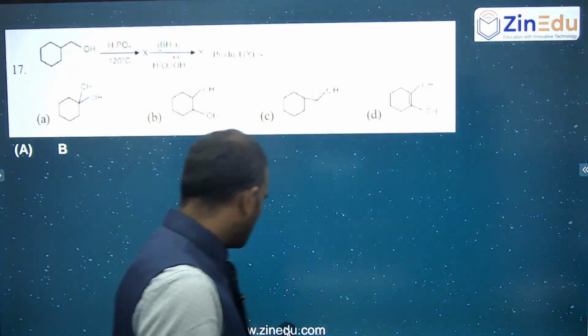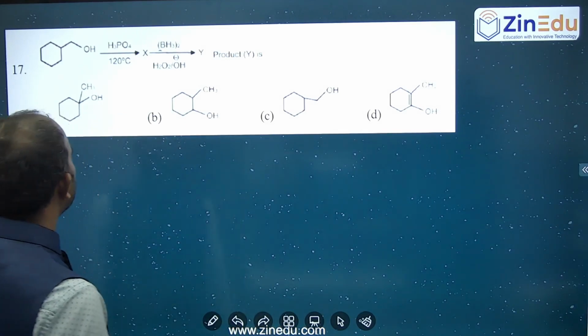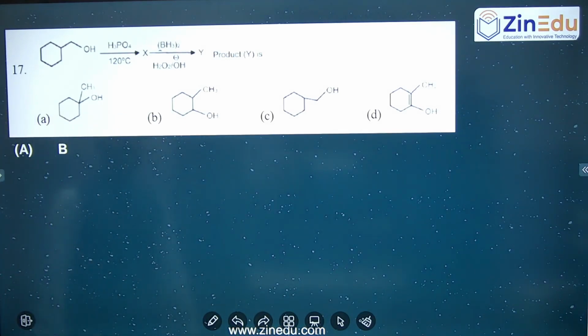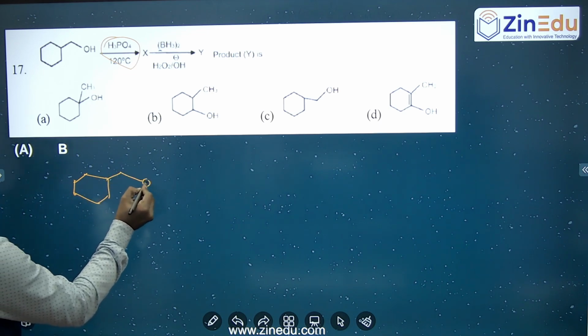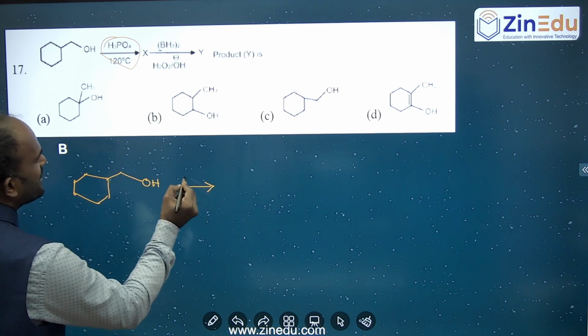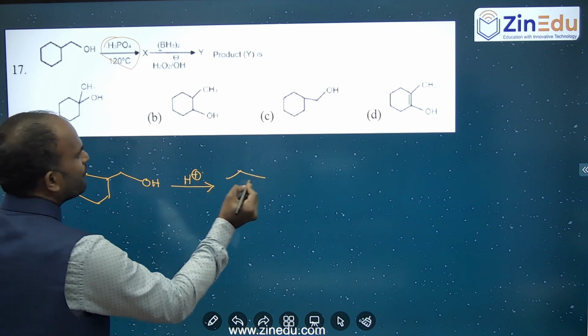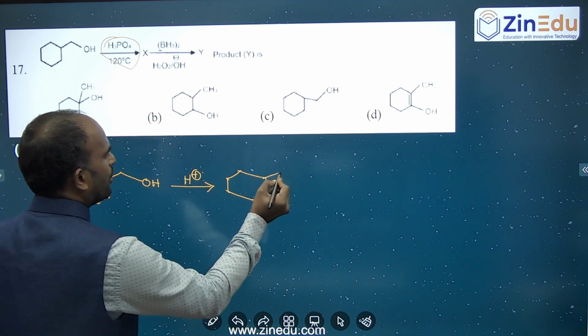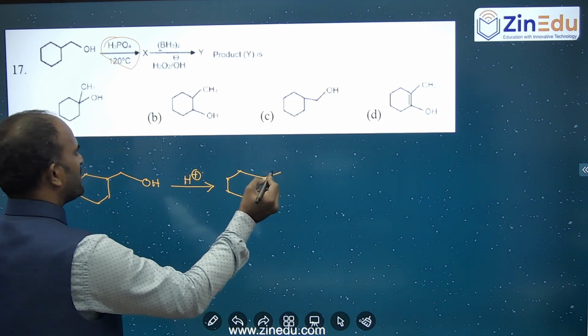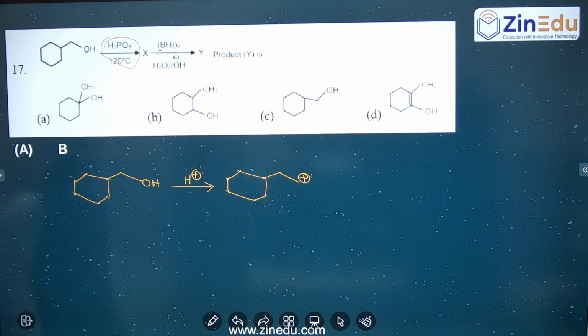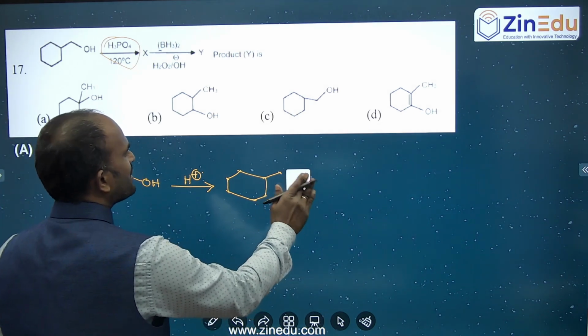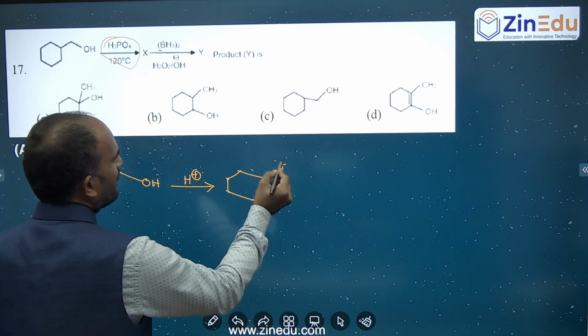Very easy paper actually. So far we haven't seen organic. Now this is the organic we have. Alcohol is there, H3PO4, this means elimination. So in elimination what will happen here? OH, now what we have to do here? H plus, heating. Definitely carbocation formation will be there. So OH will be gone as H2O, and you will surely get the carbocation here.